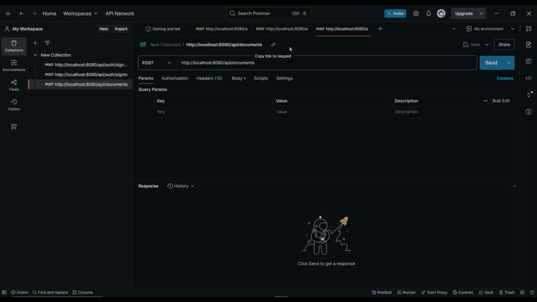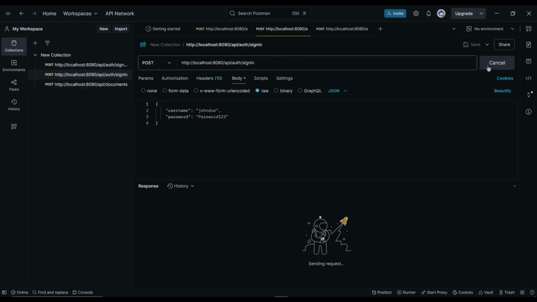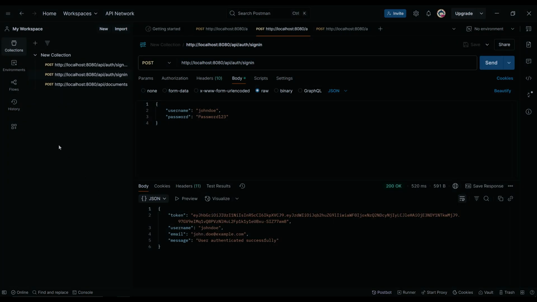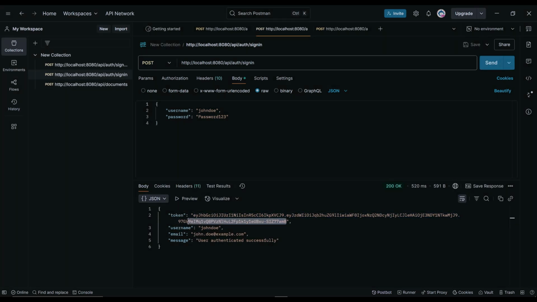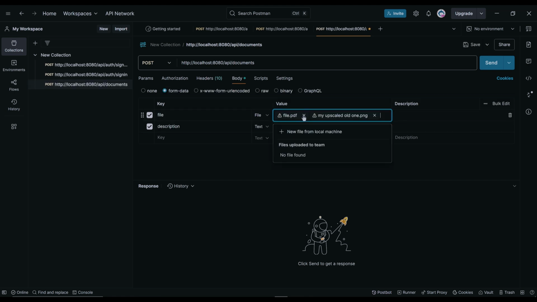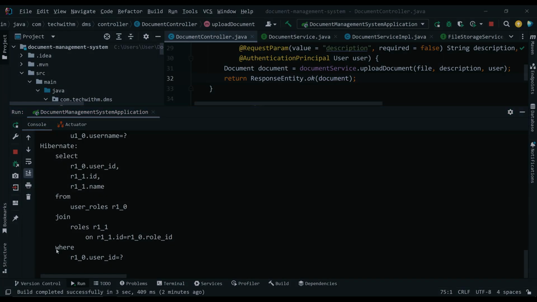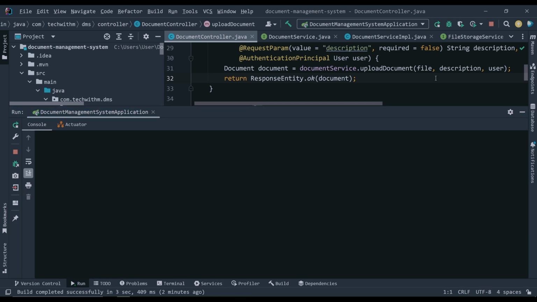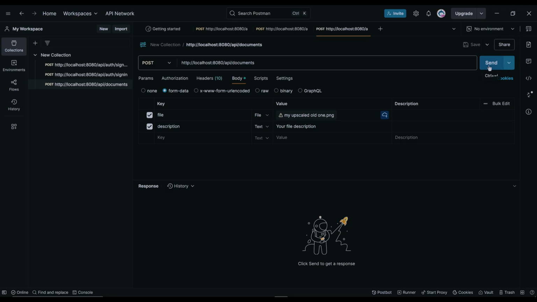The API is documents. The header is containing authorization, but I have to have a JWT token. So let's first get a token. This is the token. Copying the token and going to the upload API, putting the token after bearer and a space. Let's select this. I have two fields, file and description. Let's clear everything in the server so that I can understand better, and click on send,